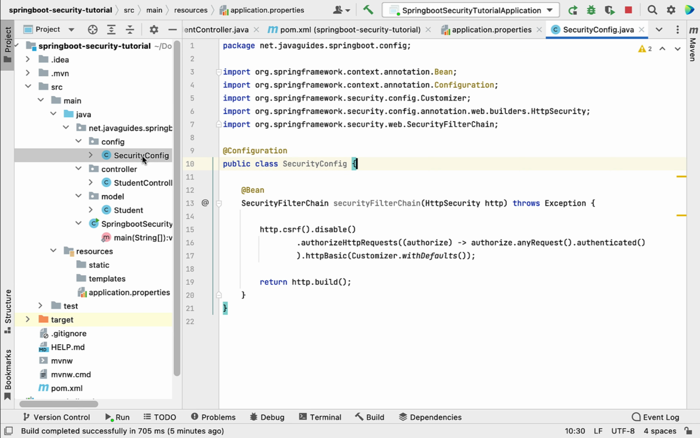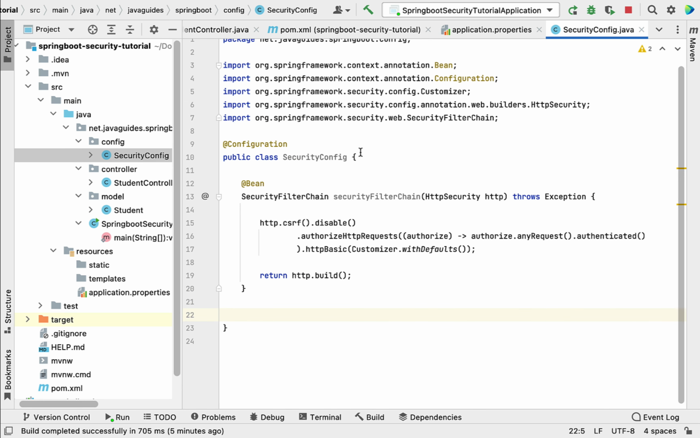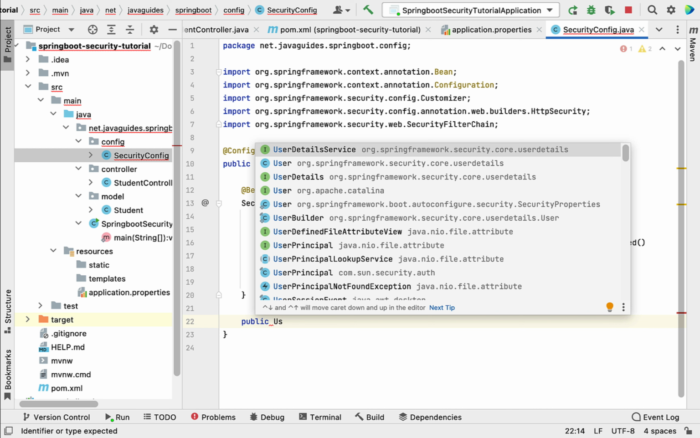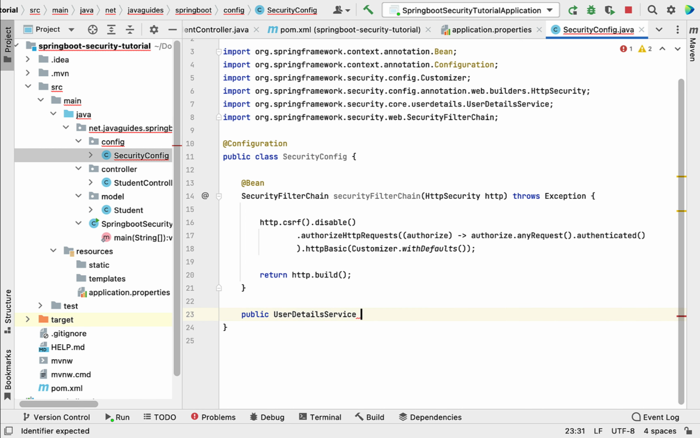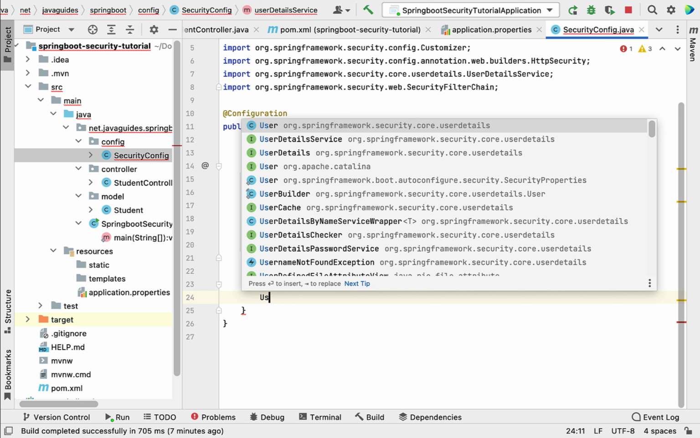So go to the security config class over here. Within this class we'll create a couple of users and then store them in a Spring Security provided in-memory object. Here just type the method public, and let's give the return type of the method as UserDetailsService, and the method name as userDetailsService. Alright, and within this method let's create a couple of users. So here let's use UserDetails,